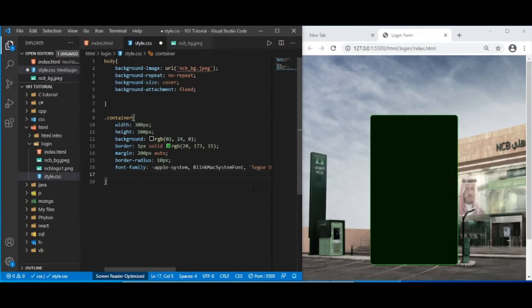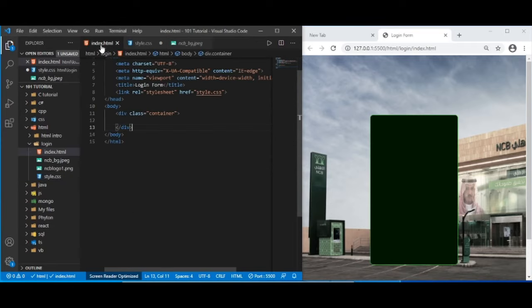So what's next? Our container was already set up. So let's go to our index HTML. What we're going to do is put in a logo. As you can see before, there's a logo, and this logo we will put. Okay, so that is the image. So img. Okay, and the source is